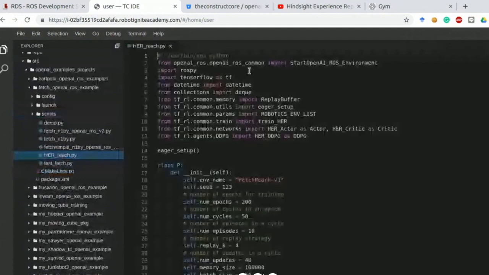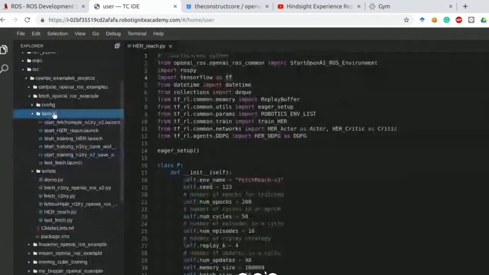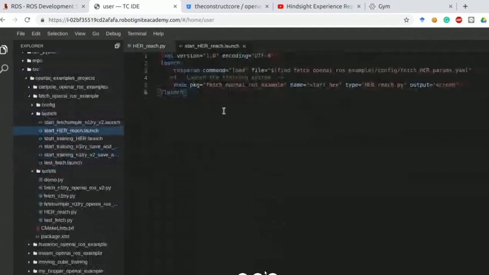So this is the launch script actually, and this is the launch file. It's looking quite simple. We launched the parameter server, which is this YAML, and also we have launched the training system, which is this HER reach.py. It's in the script